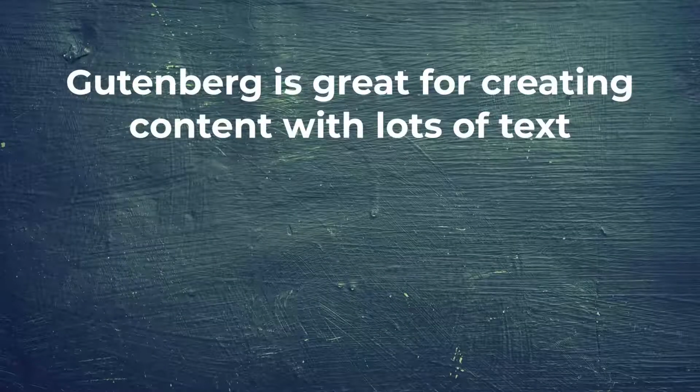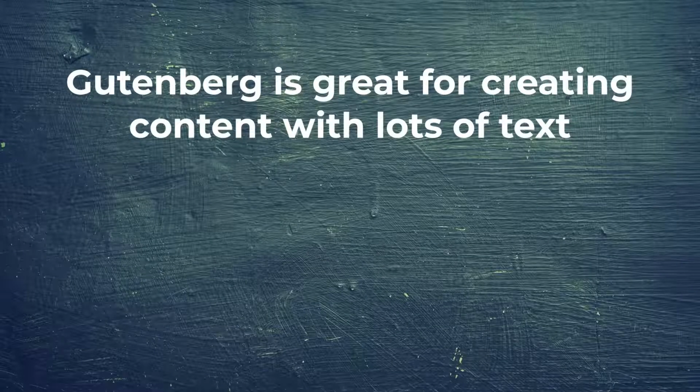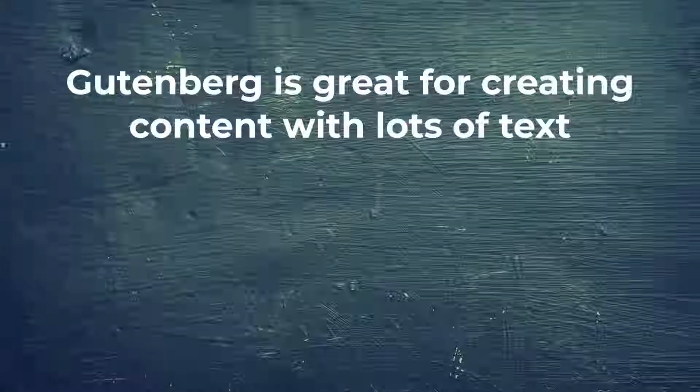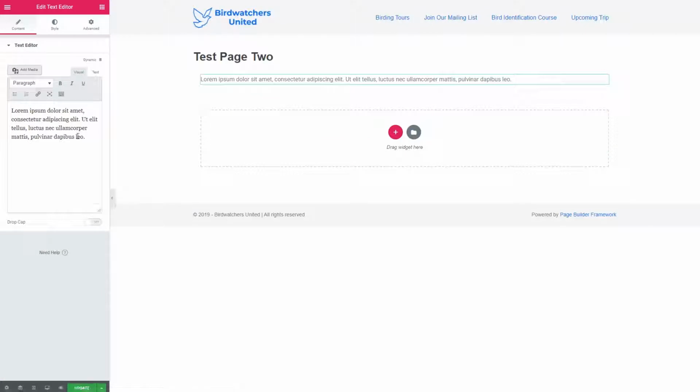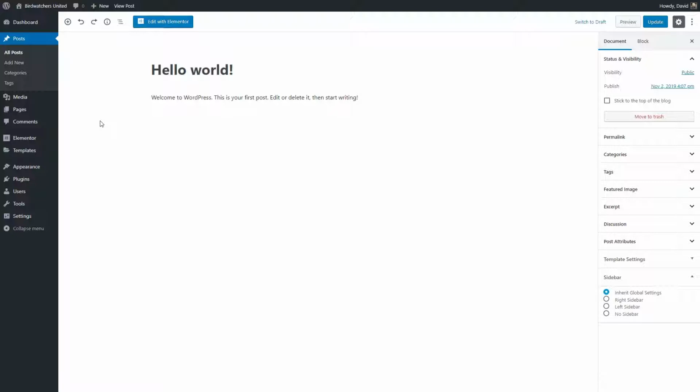The truth of the matter is that Gutenberg is designed for creating long text content, and page builders are not. For example, here's a page in the Elementor editor, and normally if you were going to add text, you would drag in the text widget and start typing. Can you imagine creating a several thousand word post in this little box here? On the other hand, while Gutenberg makes it easy to add text content,